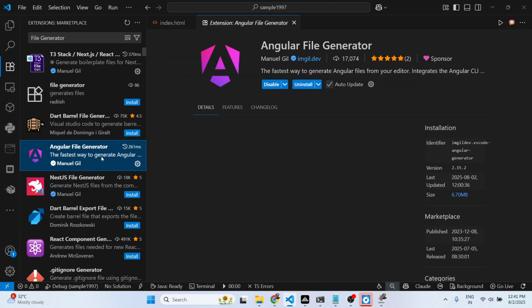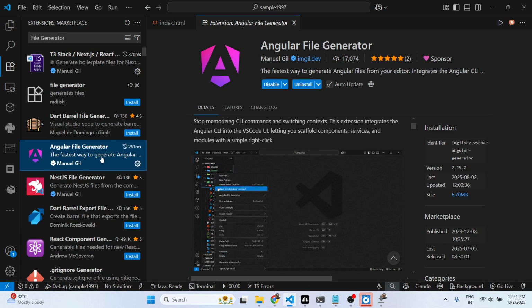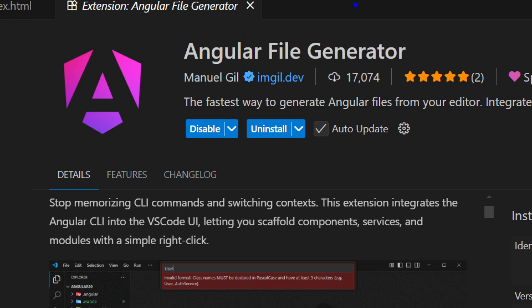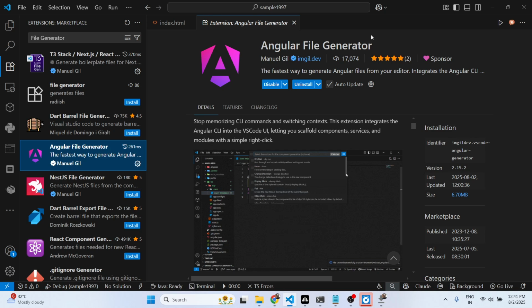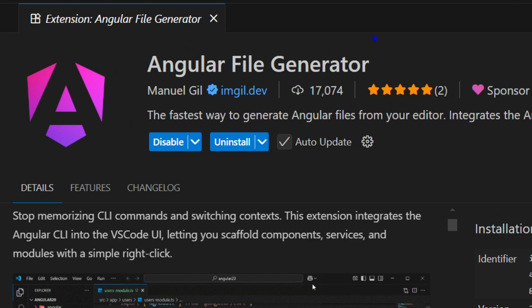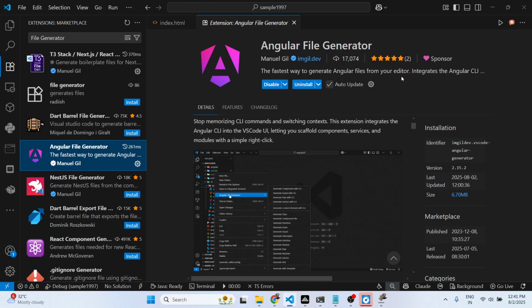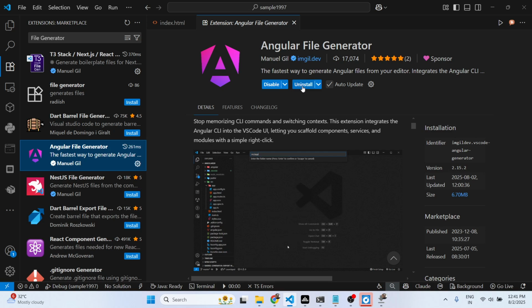So in this video I'll show you a VS Code extension from which you can actually generate Angular files directly. This is the extension Angular file generator, and you don't need to remember all those CLI commands of Angular to generate components, directives, services. So this extension solves all the problems. So you simply search for this Angular file generator, the fastest way to generate Angular files right in the VS Code. So click on the install button